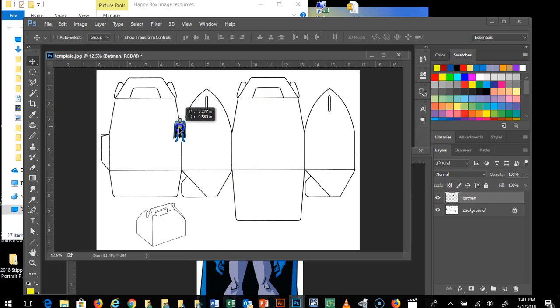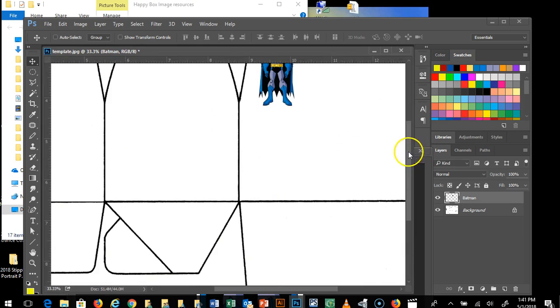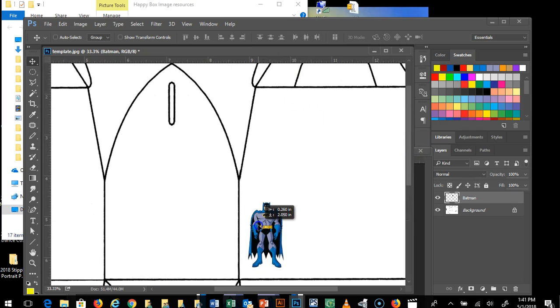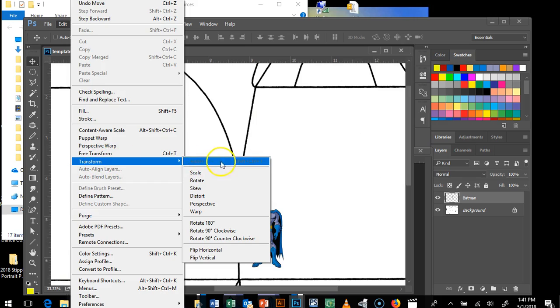All right, so now the move tool is moving my guy around. That's mainly what it does. You're just arranging things in space. I'm going to zoom in a little bit on this, Control Alt Plus. But let's say I want to make Batman bigger on this box. If I go to Edit, go to Transform, go to Scale,